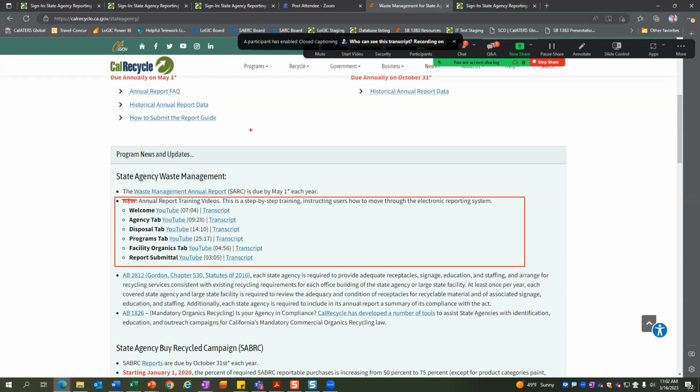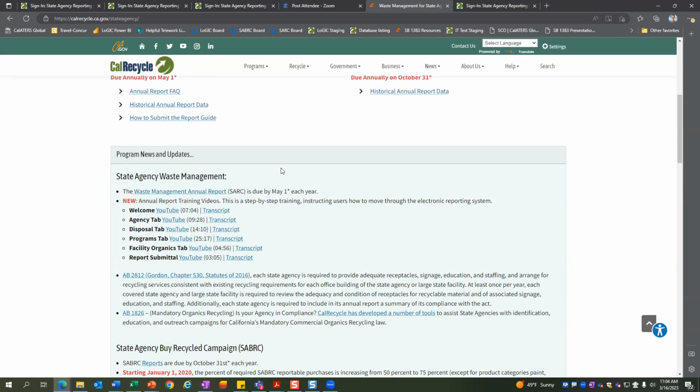And by let you know, we'll send out a listserv message to all the recycling coordinators. So if you're not identified as a recycling coordinator in our system, you'll want to touch base with your recycling coordinator to have them forward those to you when we do send out that message. So just be on the lookout for that. We're going to try to get them processed as close to the report release as possible so you can use them as a reference, but it might take a little bit because we wanted to edit them to put markers in them, hopefully, so you can better navigate to a particular section instead of having to guess where we talked about a particular subject.